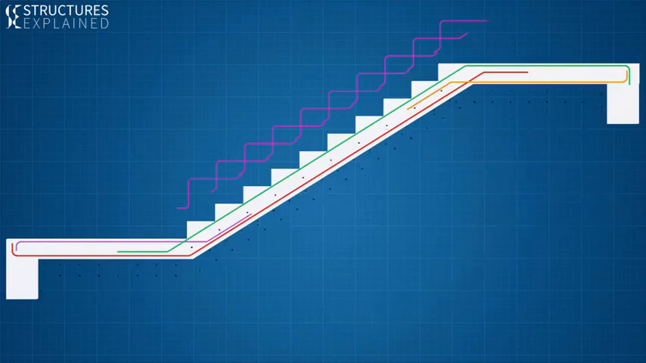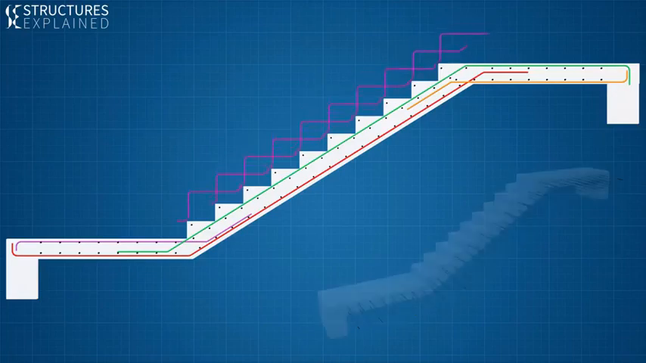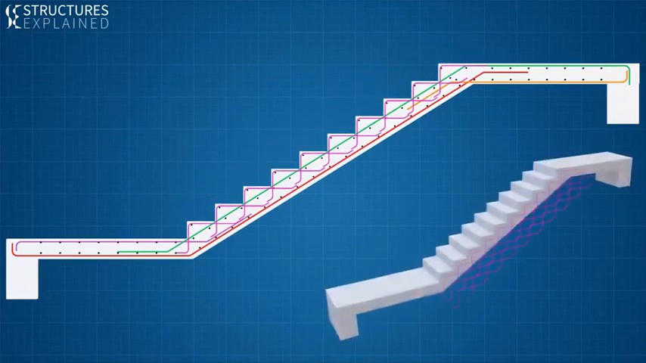To tie together the main reinforcement, transverse reinforcement is provided in landings, base slab and steps as per design. The steps can be provided with bent step bars having a single bar